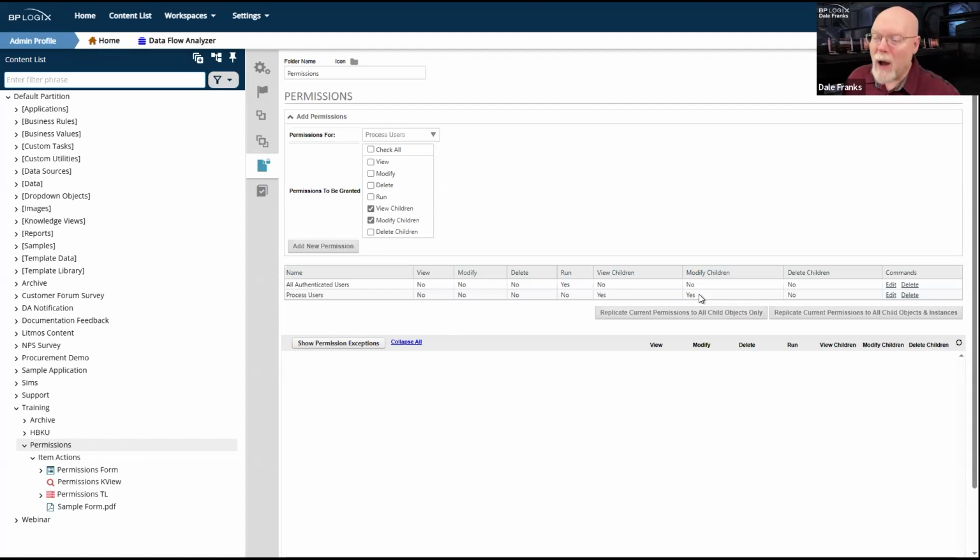They can modify those children, but they can't delete them. So this gives me a nice restrictive basis on a production system to ensure that nobody basically can do anything other than submit forms and participate in processes.